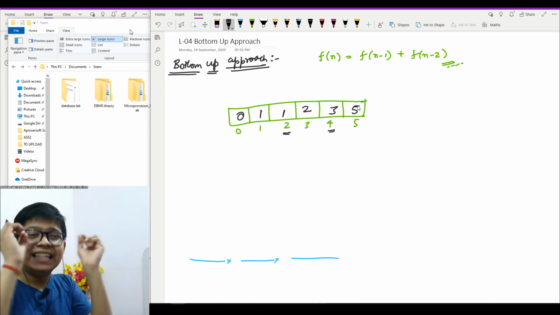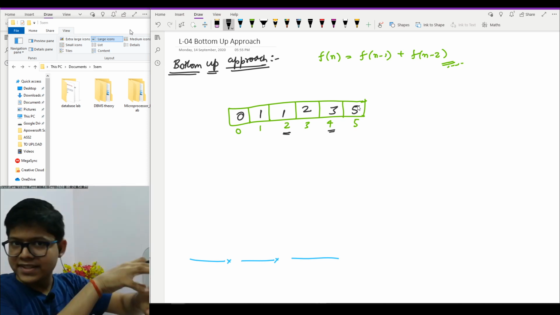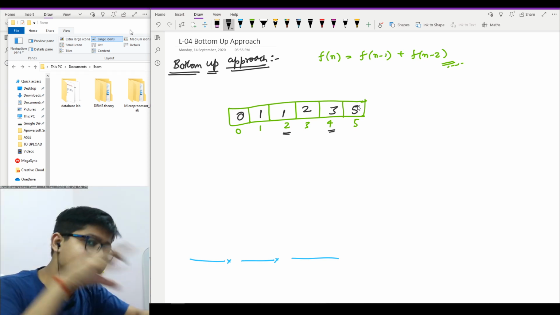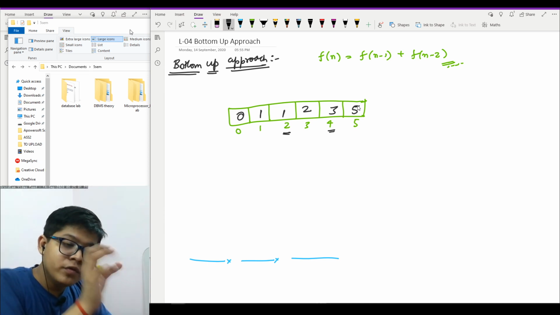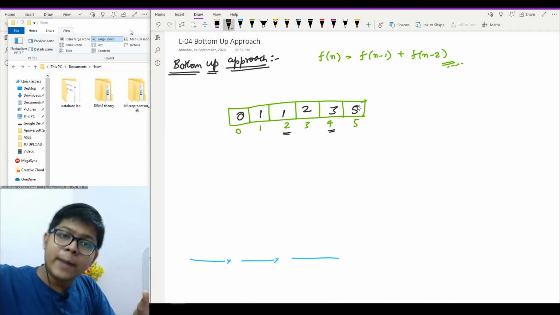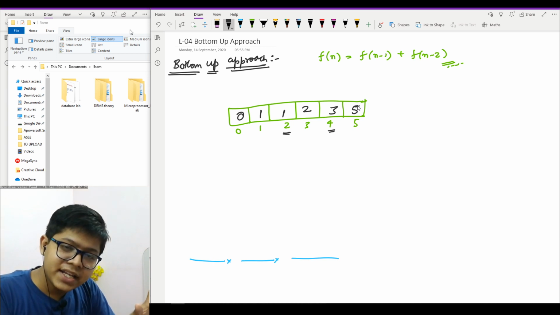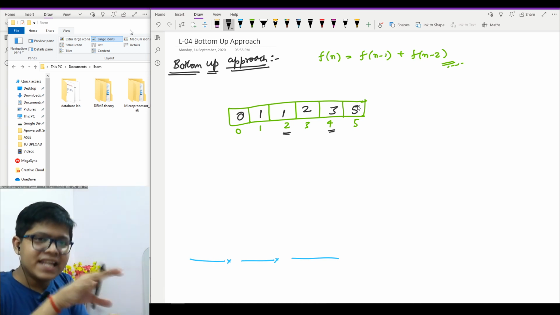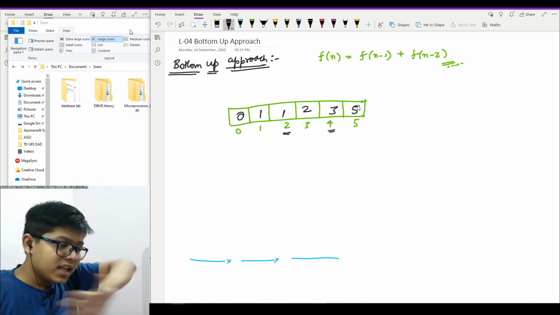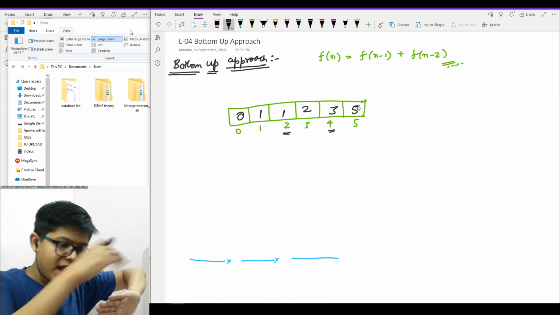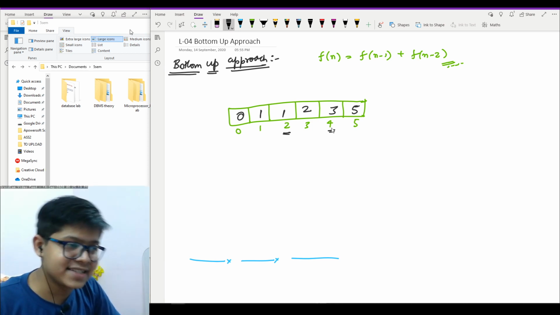or you can say the iterative approach, you first of all mark the answer for the base cases. You will hard code the answer for the base cases. Then, starting from the least value, you will loop through up to n, and for every value of i, once it is found, you save those values and use them to find the answer for the next ones, as we did in this case.